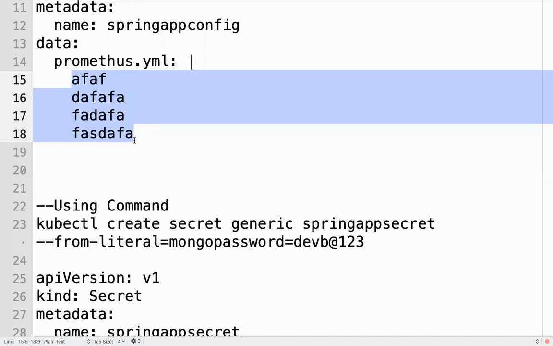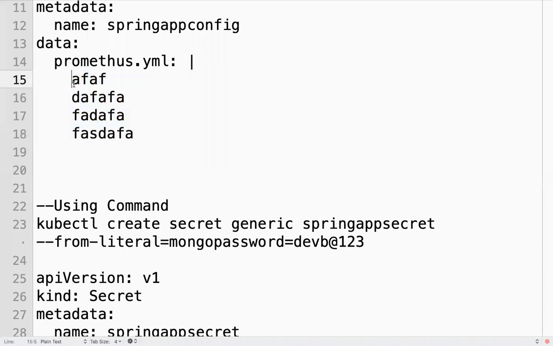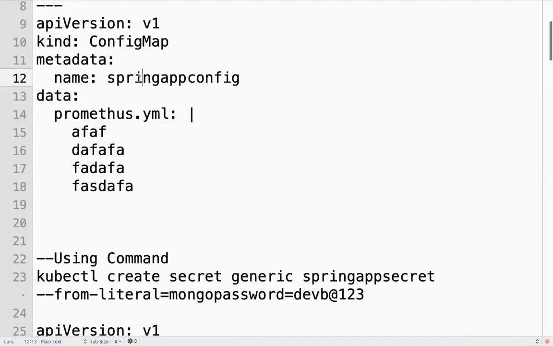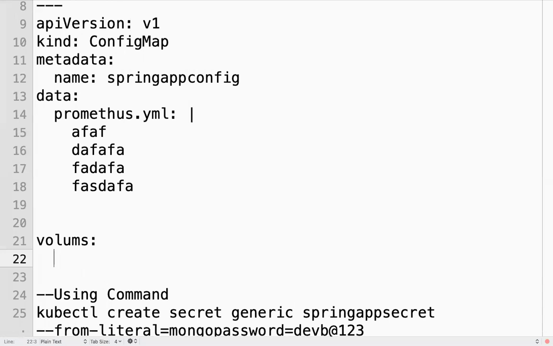How can I mount this file with my container so that it will use this file? So this config map, I can refer as a value in volumes, name, something, some ABC.